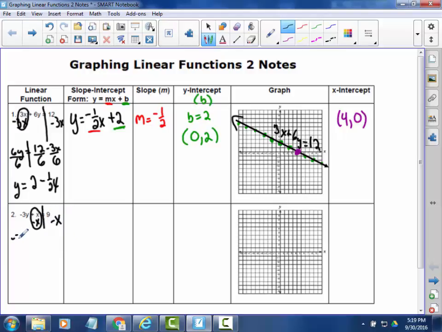So now I have negative 3y equals 9 minus x. And I look, I have negative 3 is the coefficient, so it's being multiplied times y. So I want to divide by negative 3. What I do on one side of the equation, I do on the other. So y equals negative 3 plus 1/3